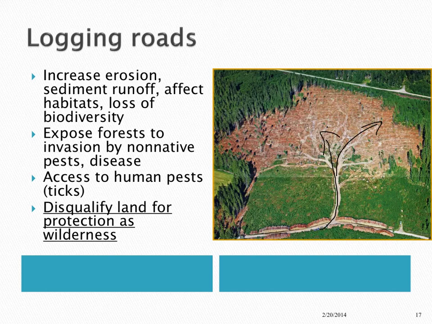It opens it up to non-native pests and diseases. It actually destroys habitats. Of course, that can lead to extinction. And we can get things like human pests and ticks that come out of there. So basically, the more we go into these forests like this, the more we're exposed to, and it's not a real good thing overall. Once logging roads are in an area, it does disqualify land for protection as wilderness. So there is a big fight between the government and private industry to allow logging roads in,